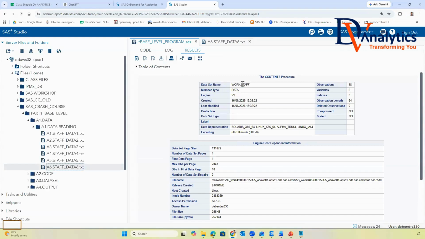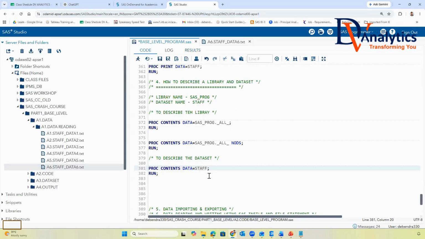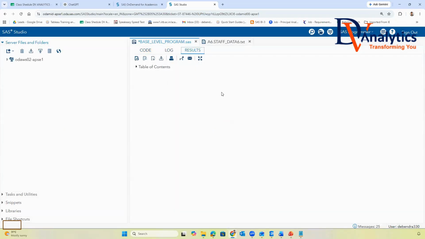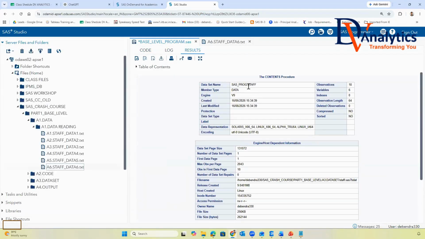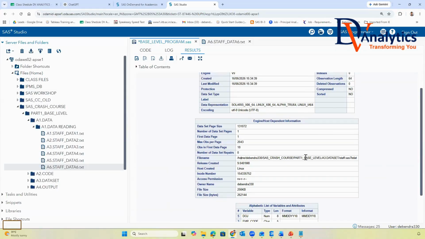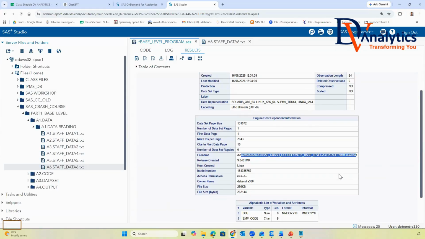It's saying the staff dataset is in the work library, since you did not define the library name. Had it been defined as sas_prog., it will show you the details. SAS Prog dot staff dataset is having 18 observations, 6 variables. Total length is 64. This is the file path where the dataset has been stored.